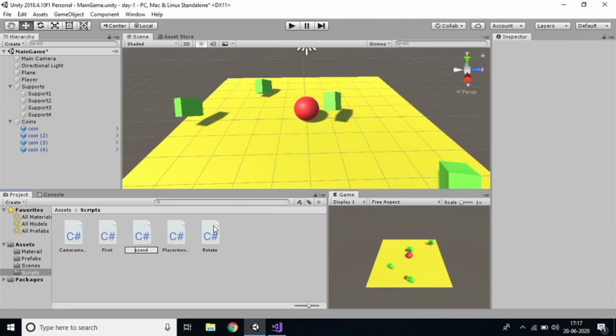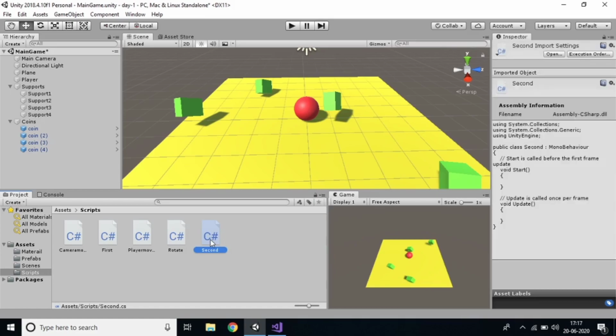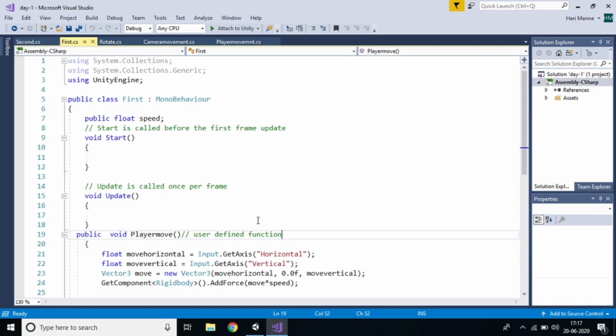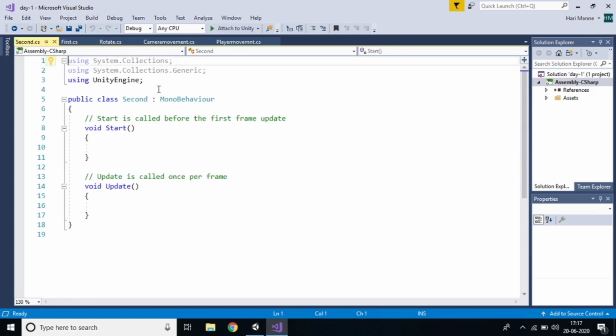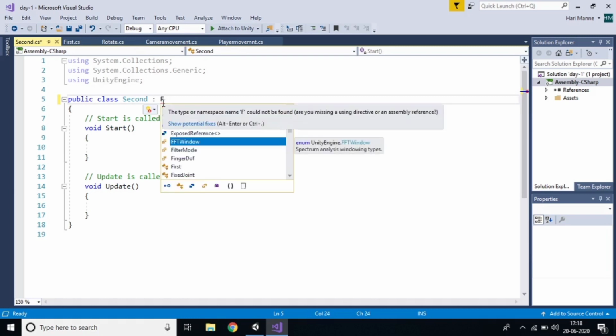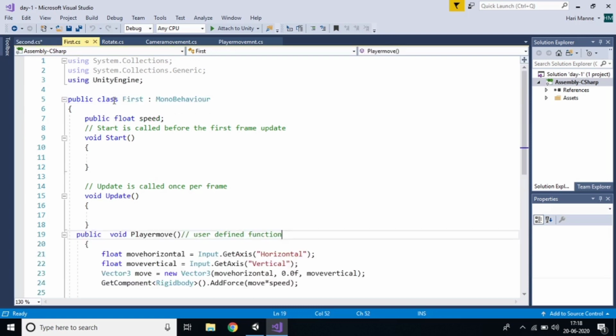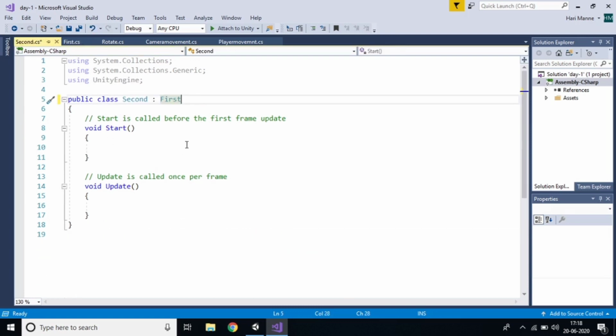You can maintain a hierarchy, that is every letter should be capital or whatever it may be. Just click this one, and you can see that this is the second script, right? I want to access the first script from the second script. This is my task. MonoBehaviour is a default class in Unity. So I want to use the first script, so just keep it as first. Just check the name. It should be the same. This class name should be given here. Yes, we created the first script.